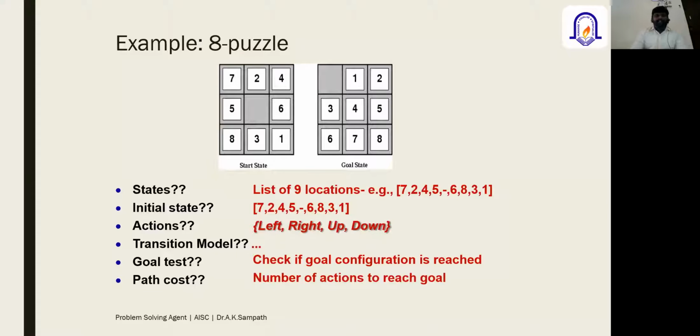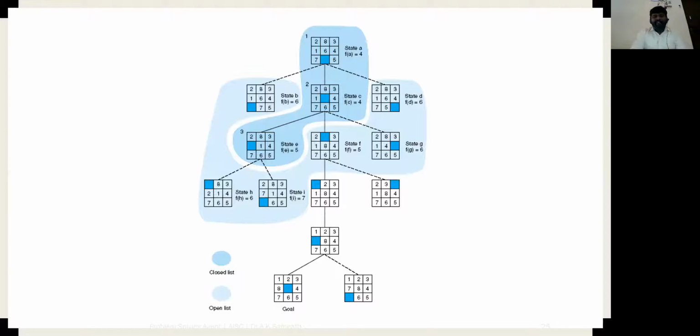Now, what are the possibilities? Here, the first combination they are telling us is 7-4, 5-6, and then 8-3-1. So this is what is given. And after that, what options can we move? Depends upon the position. Suppose the central place is empty, I can shift 6 here, or I can shift 2 from up to down, or I can move 5 to the right, or I can move 3 up. So these are the 4 possible options related to the empty box. This keeps being processed and finally reaches the destination.